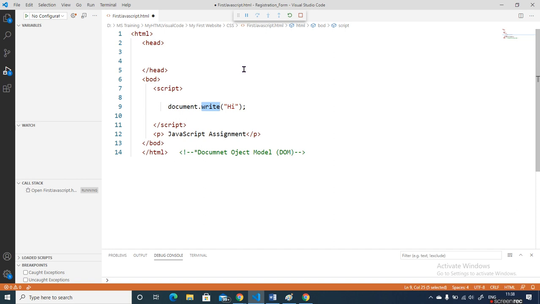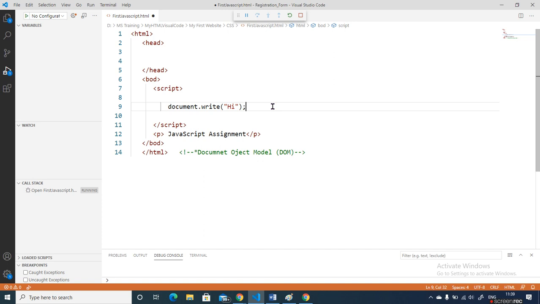Each function has its own definition. We will discuss more on functions in coming sessions also. When I say alert, that is also one function, but its definition is already known to the JavaScript browser.